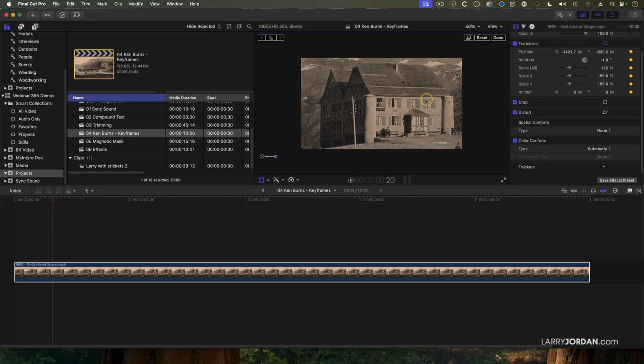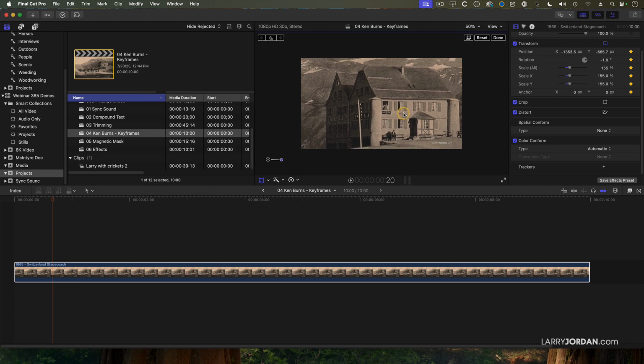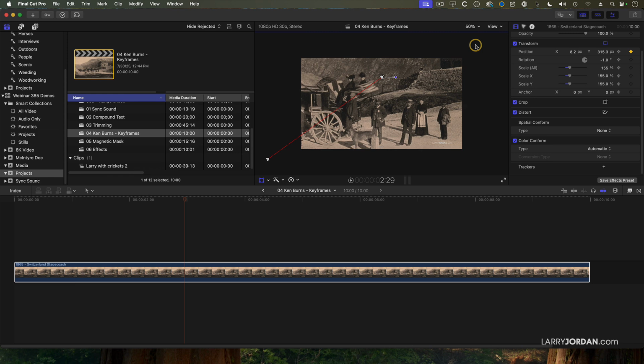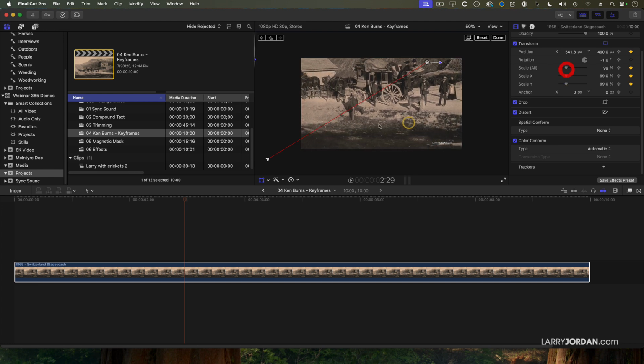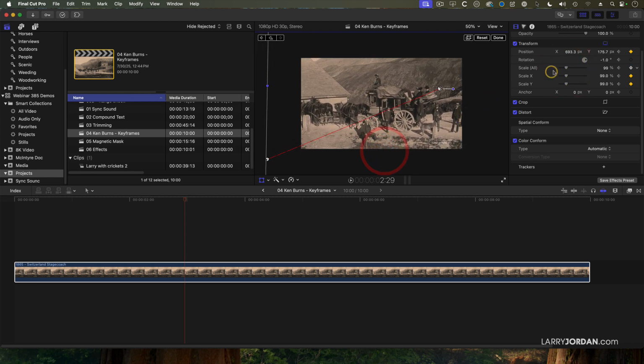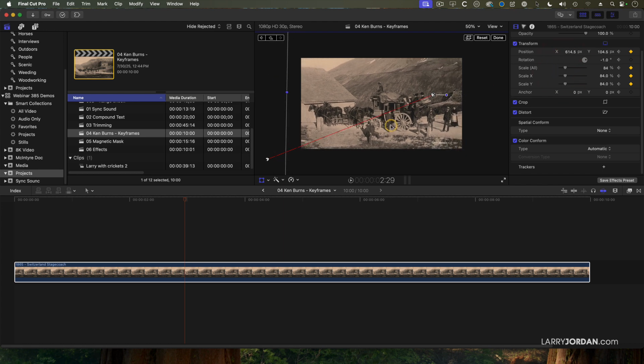There we go. Notice that not only do we have two guys sitting on a bench, I've got a guy standing in the window that I bet you never noticed before. Let's just pull this down a bit, get rid of our guy on the bottom right. Okay, there's our starting position. Then I want to move forward to right about here and move to my ending position. As soon as I move something, it automatically creates keyframes, so I don't have to worry about setting keyframes after the first. I'll drag my scale back and change the position so I get exactly the look that I want right there. And then I'm going to have it hold still for a bit,